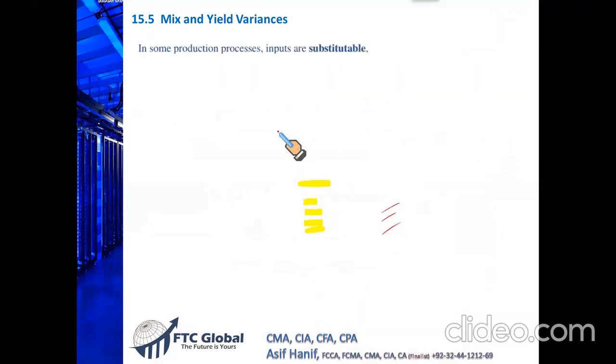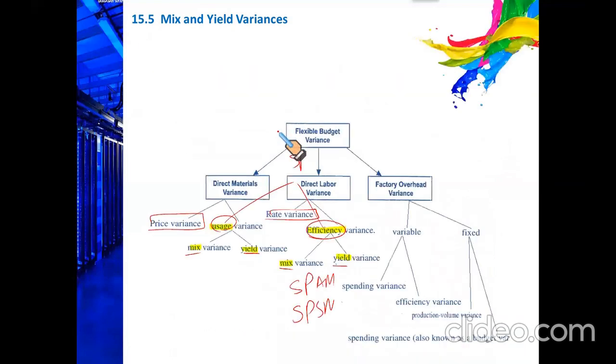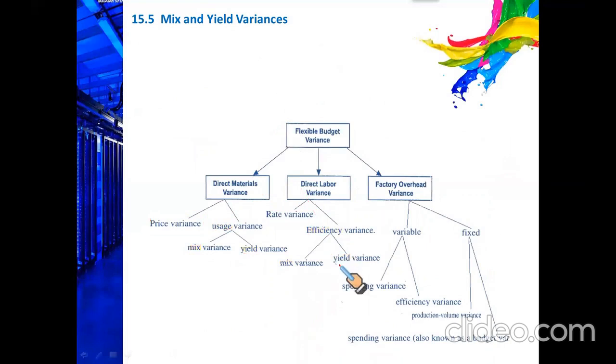Now, what has happened? Let us analyze the variance we are doing right now. We changed our labor. We used more hours of managers and fewer hours of warehouse staff. So there will be two types of variances we will discuss. First is the mix variance, and the other is the yield variance. Mix variance tells you whether the new rate of actual mix is higher or lower than the standard rate.